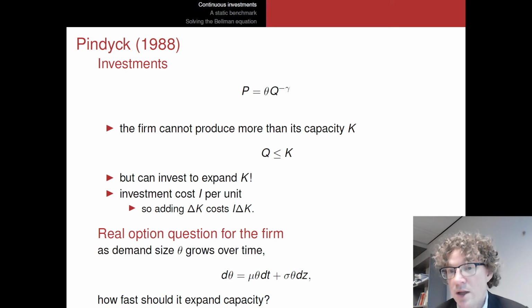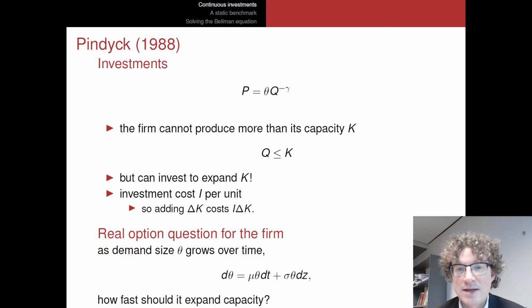So that will be a number of megawatts, right? It's a number of megawatt hours that you can produce each hour. Essentially, that's what megawatts are. So what this K is going to determine is the maximum amount of quantity, the maximum amount of energy that I can produce in any given hour. So this Q is going to be limited by the total capacity that I can produce. So if I'm the monopolist, I can choose to produce any quantity of power at any given time, up to the total capacity that I have, which is K.